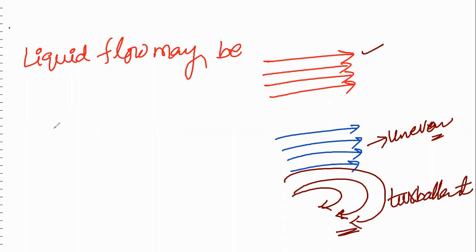So fluid may be streamline flow, or maybe compressible. Compressible means we can reduce the liquid's density. If you are able to reduce its density, we say it is compressible. Liquid may be streamline flow or turbulent flow, or compressible or incompressible. Compressible means we can change the density. Incompressible means we cannot change the density. Like that, liquid flow may be steady flow or streamline flow or turbulent flow, or it may be viscous and